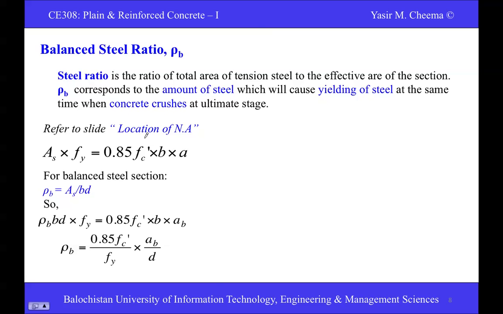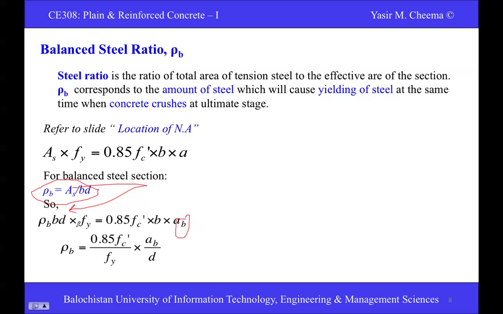या फिर कोई ये न कहे कि सर व्हाइट बोर्ड यूज़ करें। अब ये रिलेशन है हमारे पास, इसका तो पता है। अब यहाँ से हमने क्या किया, एरिया ऑफ स्टील की वैल्यू फाइंड की और उसको यहाँ पे पुट कर दिया। बाकी सारा वैसे का वैसा आ गया। अब ये सबस्क्रिप्ट आया ये शो करने के लिए कि जब हम बैलेंस स्टील रेशियो शो कर रहे हैं, उसको शो करने के लिए आपने सबस्क्रिप्ट दिया।